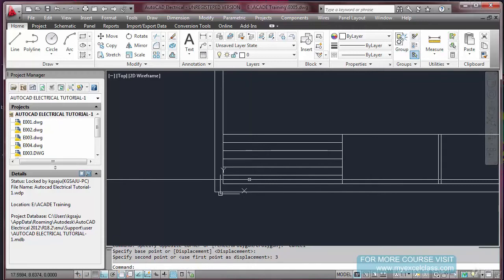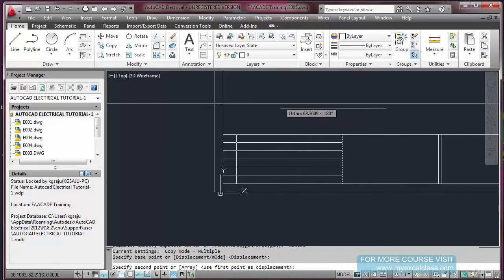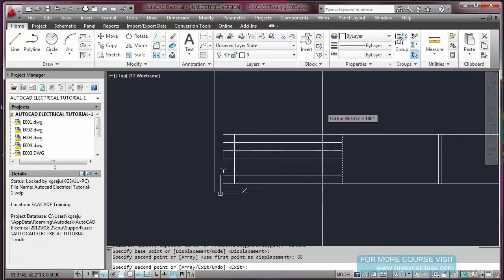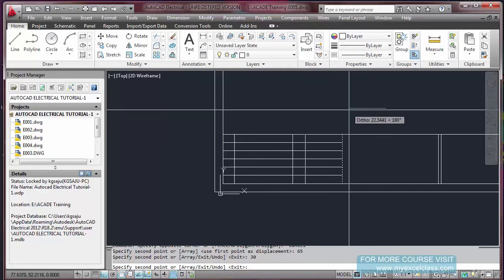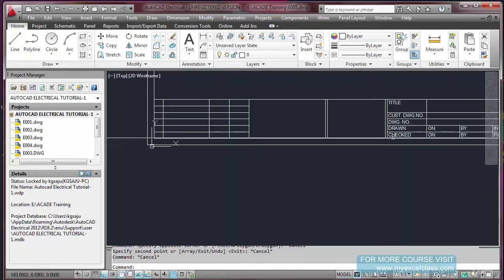Fine. This portion I will use for putting my revision numbers. Revision 65, and here revision 30, here date and approve 50. This will solve my issues.